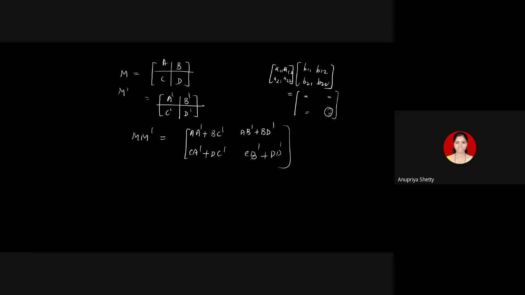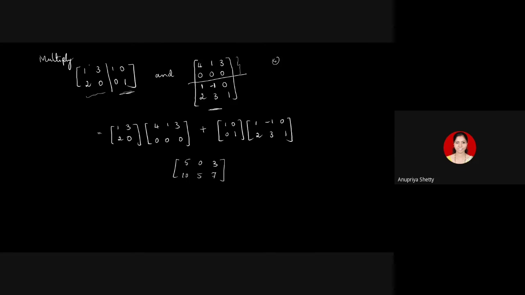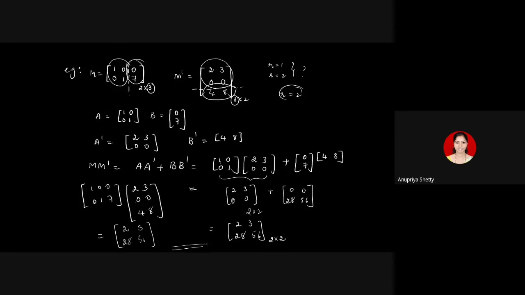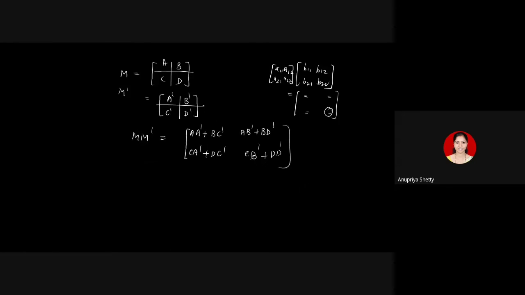Even in the earlier case, I think I had written just that m m dash is equal to A dash plus B dash. But remember, these are all blocks, okay? Blocks of the same matrix. When you add them, you get the resulting product. We will discuss this new block multiplication now.